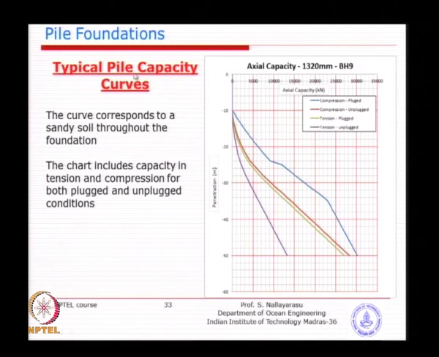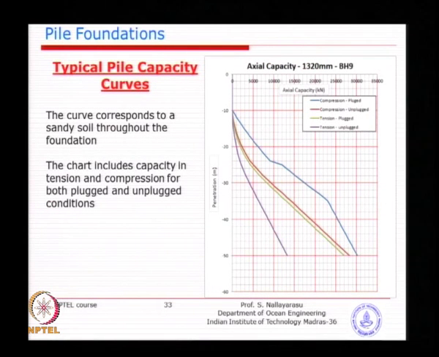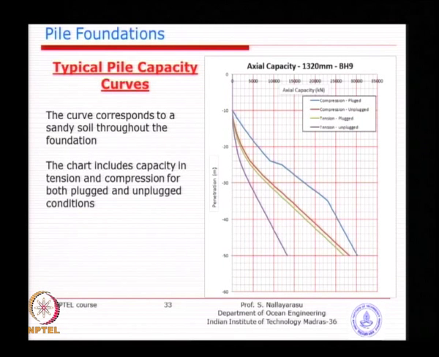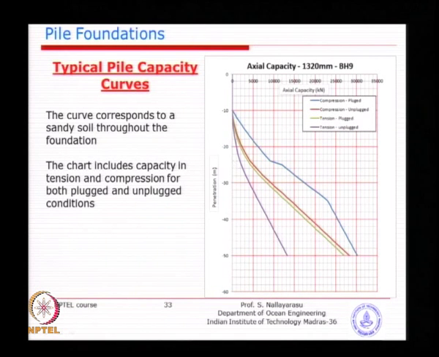So, once you have the loads calculated from your structural analysis for the superstructure, you take the loads and come back here. For example, say 10,000 kilonewton is your compression load, and maybe 8,000 kilonewton is your tensile load, and the piles are plugged. So, you will come here. I need 10,000, this being the actual capacity in ultimate. So, you just come here and read the capacity, and the minimum I require is 24 meters of penetration. So, you can decide I need 24 meters.